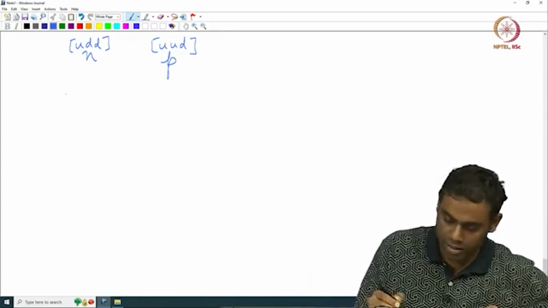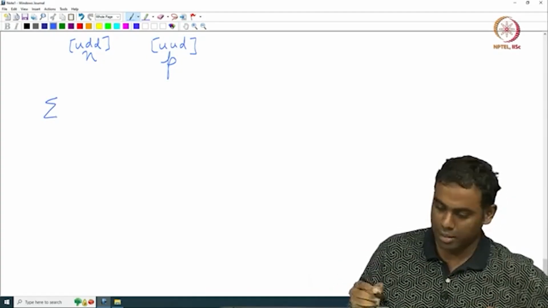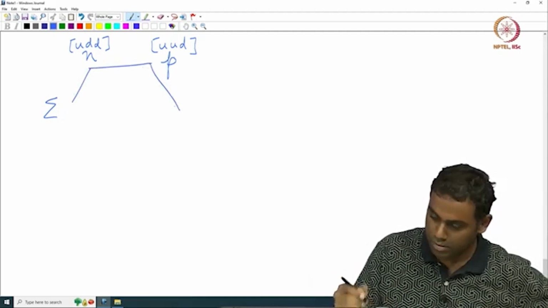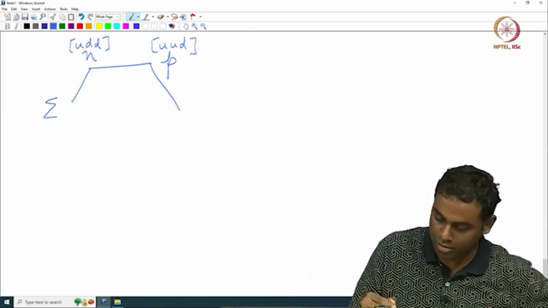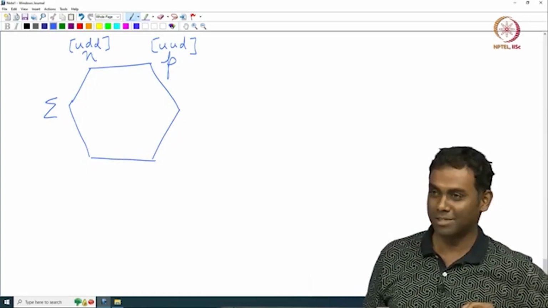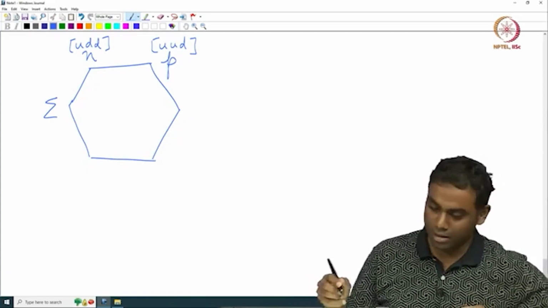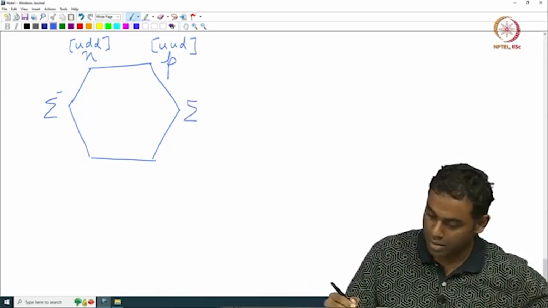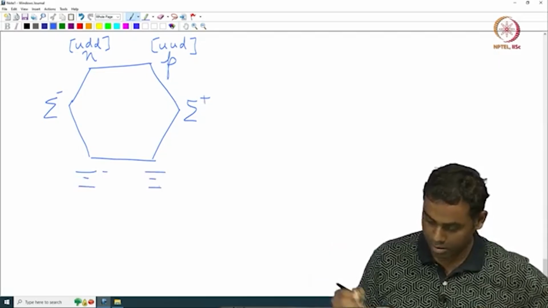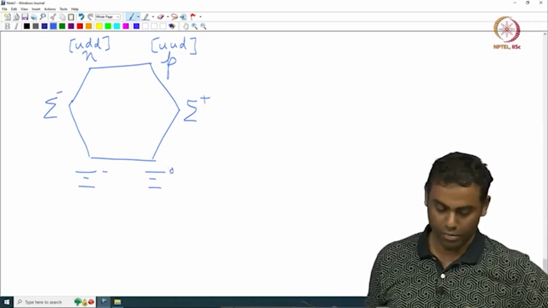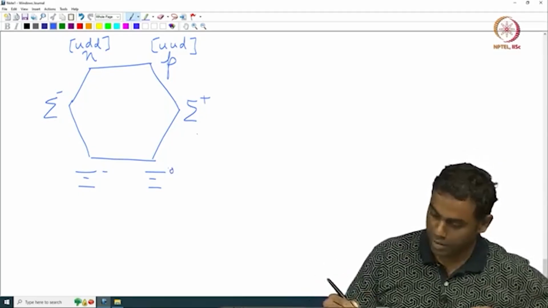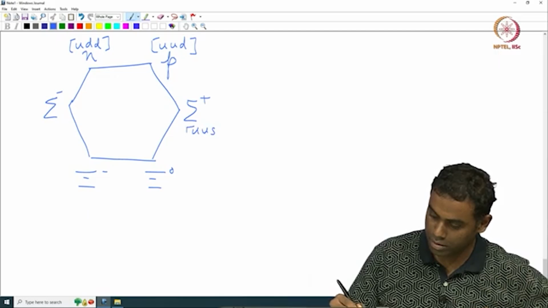So let me just draw the octagon first. Sorry, it's not an octagon. I'm sorry, it's a hexagon actually. It's an octet, but it's a hexagon. And he populated it with these hadrons,